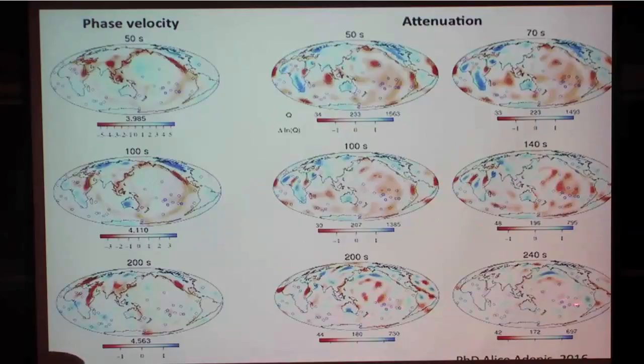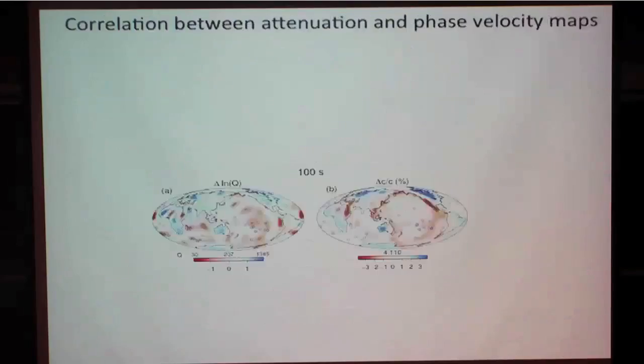And this persists at very long periods. And it works quite well also, it's not very clear, but in the southern Indian Ocean. It does not work everywhere, Hawaii, but it seems that there is something that may be related to the hotspots. Okay, so then what we try to do is to compute the correlation between our quality factor maps and our